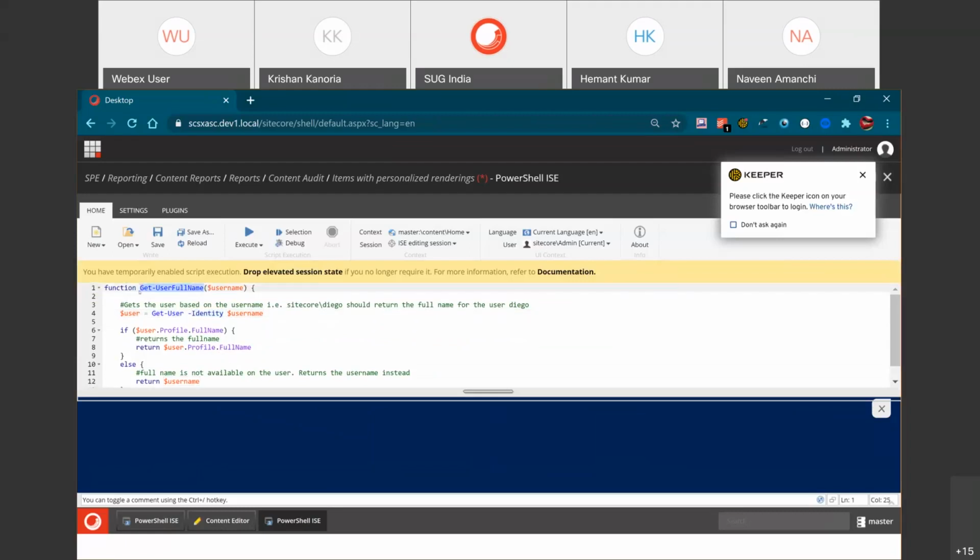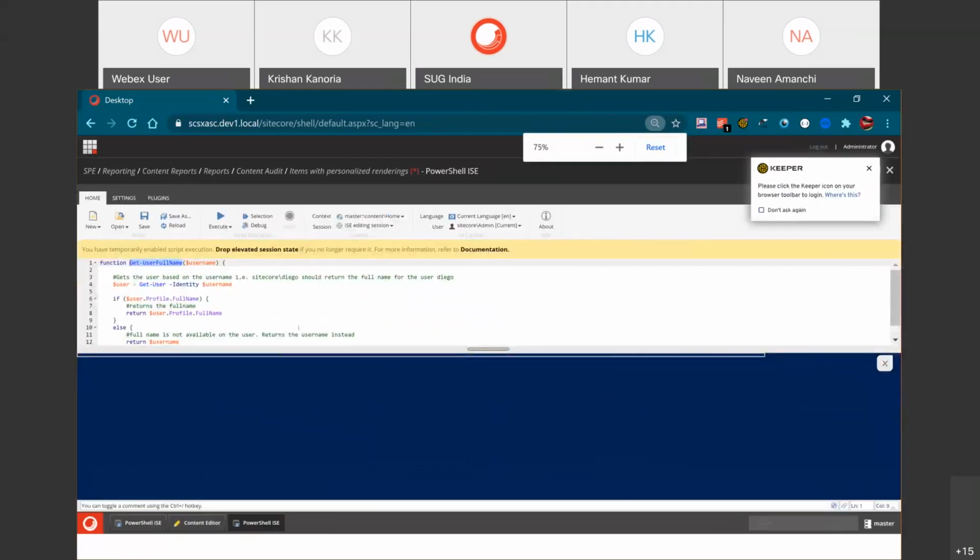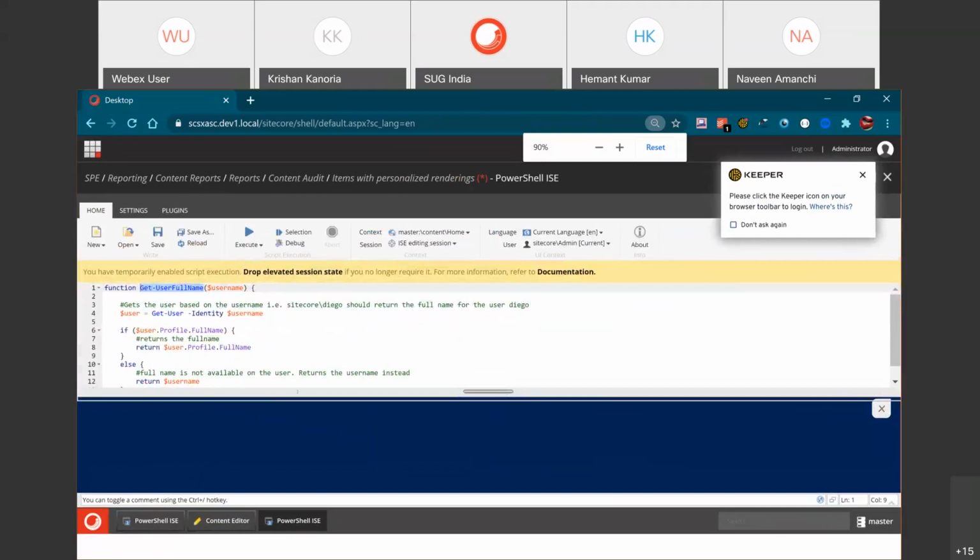In PowerShell, functions have multiple categories: you have simple functions, and then you have advanced functions. This is a simple function.